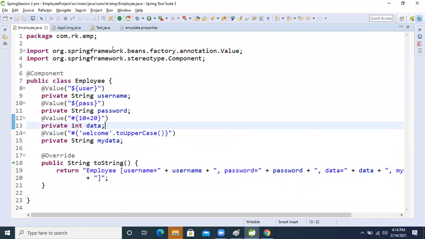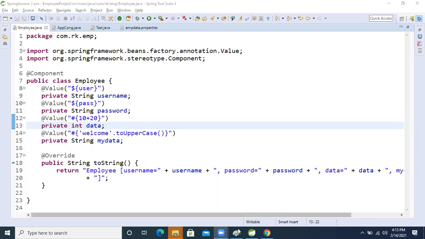But one more question Pankaj asked me: if there are multiple beans, how do we configure them? Let's develop one small application and we will see that, and we will inject. That is the last concept, and then we will stop the session, okay guys? Please be patient, it will take just 10 to 15 minutes.